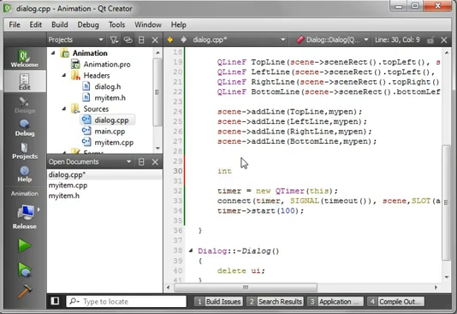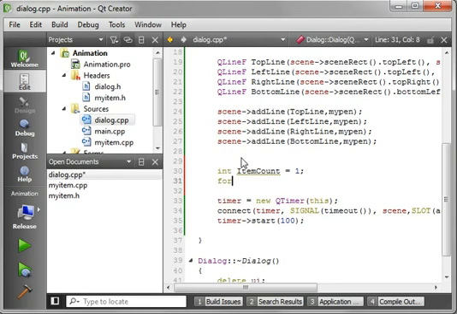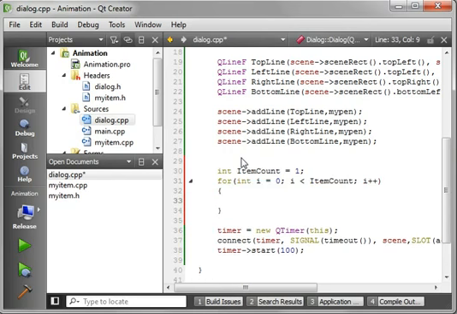And then we're going to just say int, and we will just call this item count equal, and we're just going to add one item just for the sake of argument. But then we're going to say for int i equals 0, i is less than item count, and i plus plus, because what we're going to plan on doing is adding a bunch of items, but we want to be able to change that on the fly here. So we'll say my item